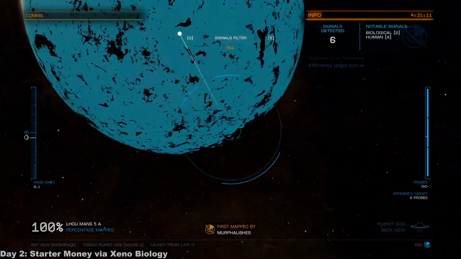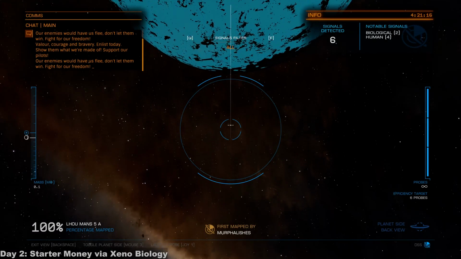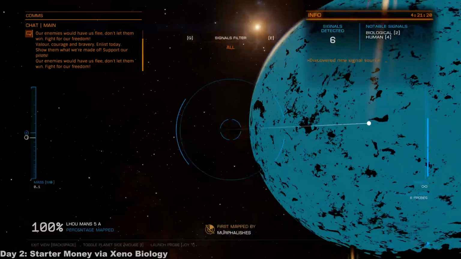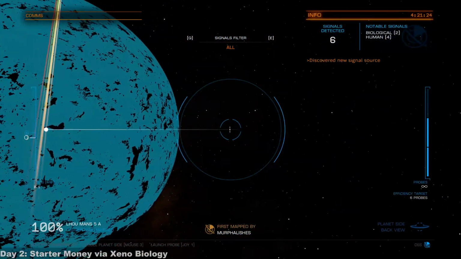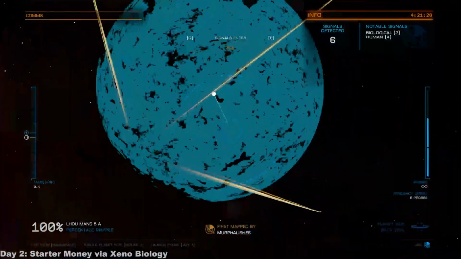So, let me do that again. So planet's already been scanned, but pretend it hasn't. First shot, I go straight down. Second shot, I go straight up. Third shot, I go to the left. Fourth shot, I go to the right where the hash is there. So that gets the 4 basic